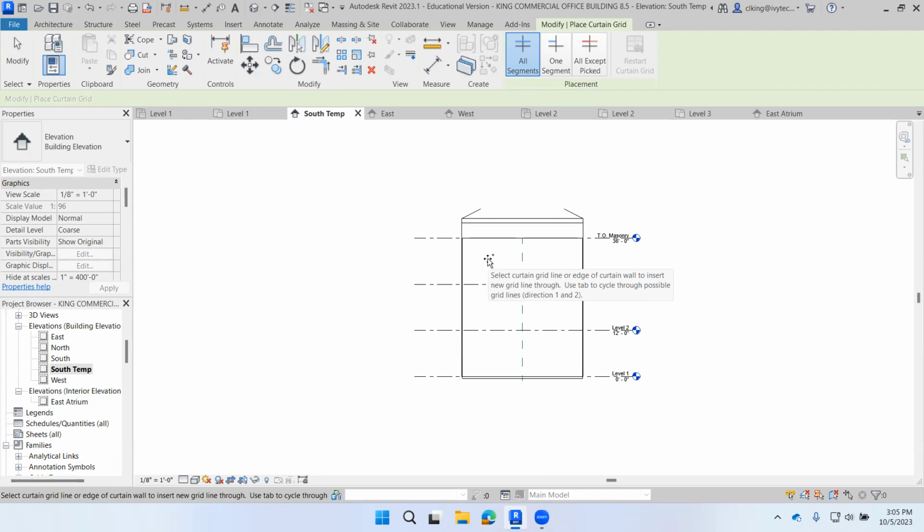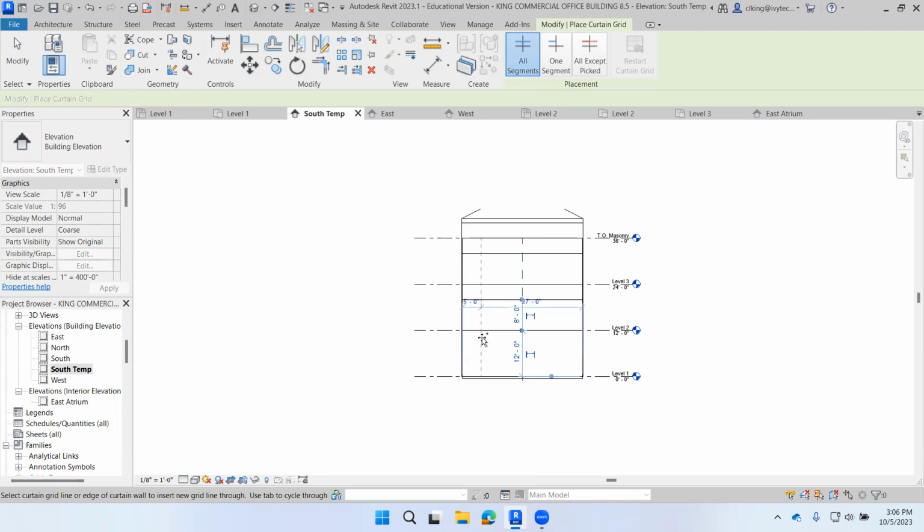So we're going to add in one here, one at level 3, one 4 feet down, one at level 2, and one